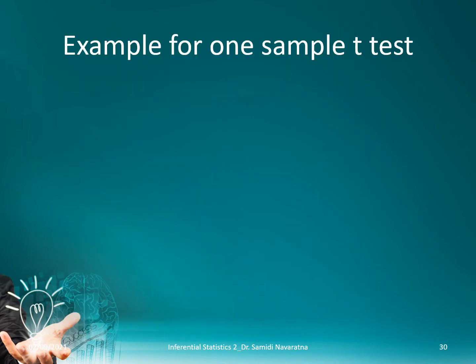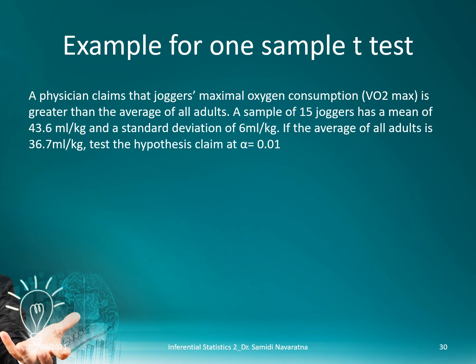Let's look at an example for hypothesis testing using one sample t-test. A physician claims that joggers' maximal oxygen consumption, denoted by VO2 max, is greater than the average of all adults. A sample of 15 joggers has a mean of 43.6 milliliters per kilogram and a standard deviation of 6 milliliters per kilogram. If the average of all adults is 36.7 milliliters per kilogram, test the hypothesis claim at alpha equals